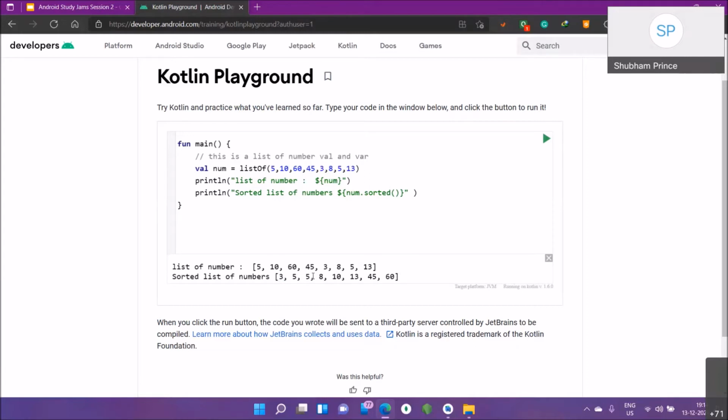Okay. Now what we can do is from this list we can create sets. Now what really is a set? In mathematics we already know what a set is. It is a type of collection where the group of elements are related. But the difference is, unlike a list, a set will contain no duplicate values. Like in a list we have 5 and 5.